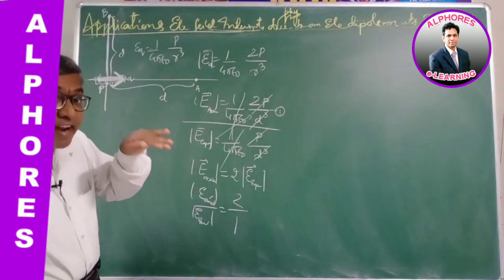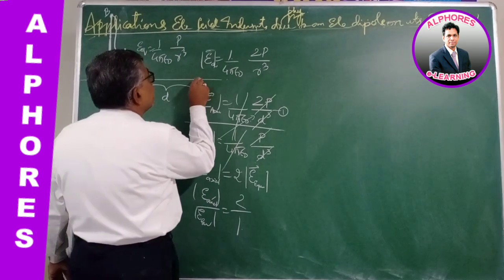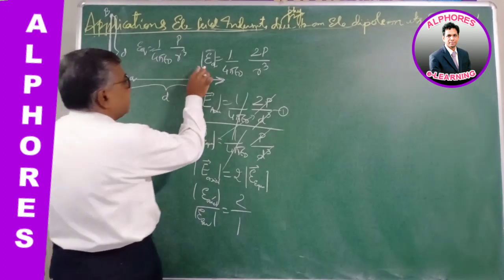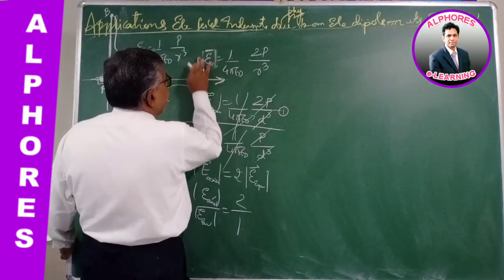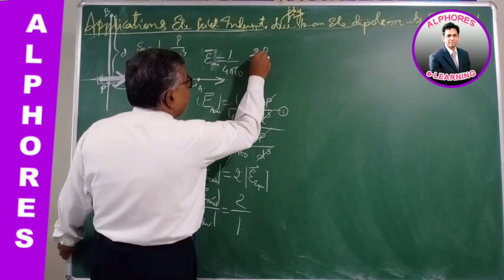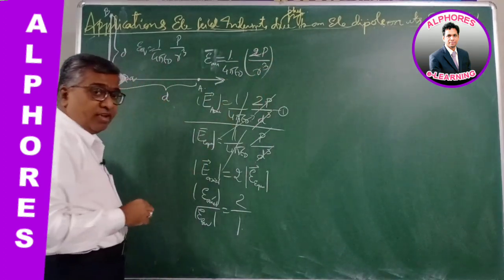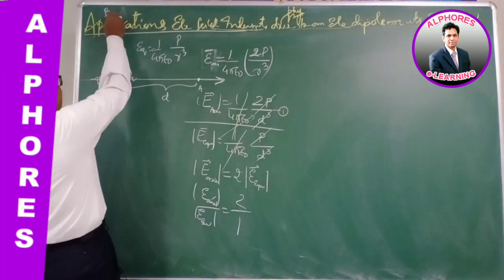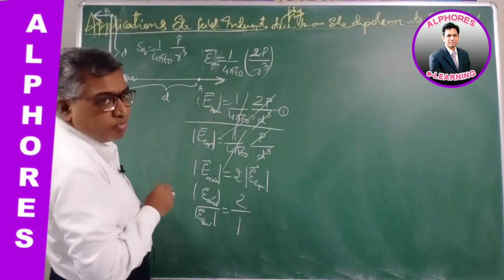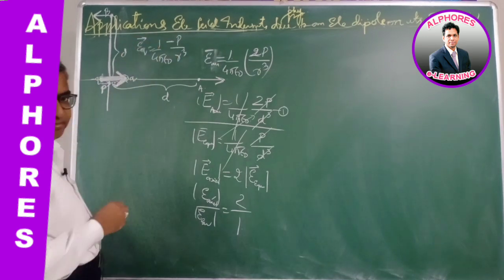Now suppose I consider it vectorially, direction wise. We know for an electric dipole, on the axial line the electric field strength is in the direction of the dipole moment. So that is E axial. If I take the vector, not the magnitude, it is 2p by r cube, plus, in the same direction. And vectorially, on the equatorial line, the direction of the electric field intensity is opposite to the dipole moment, parallel to the dipole but opposite. So on the equatorial line, vectorially it is minus p.